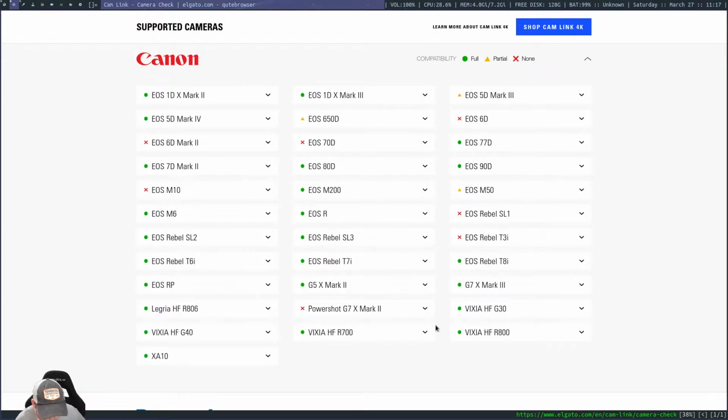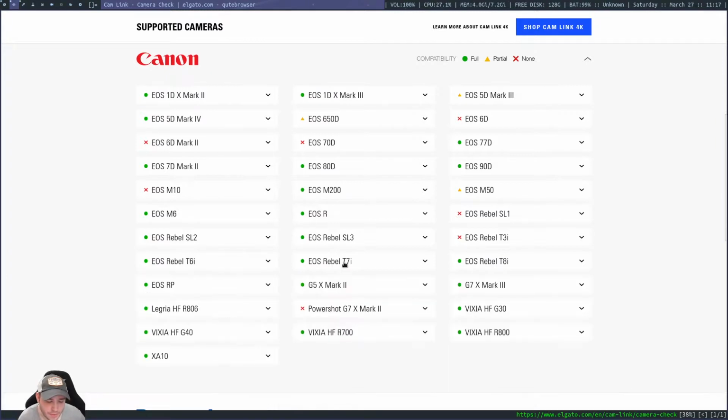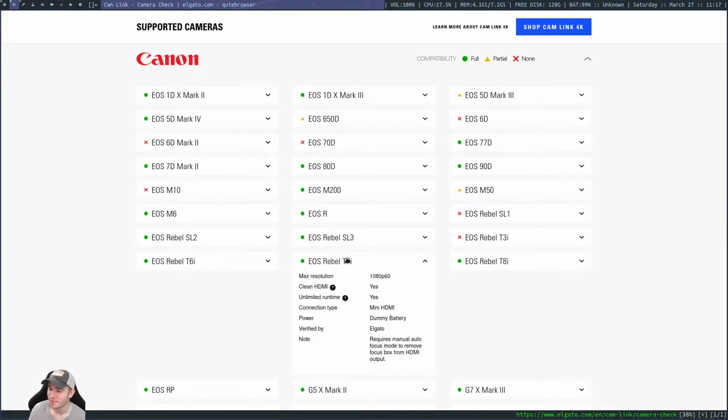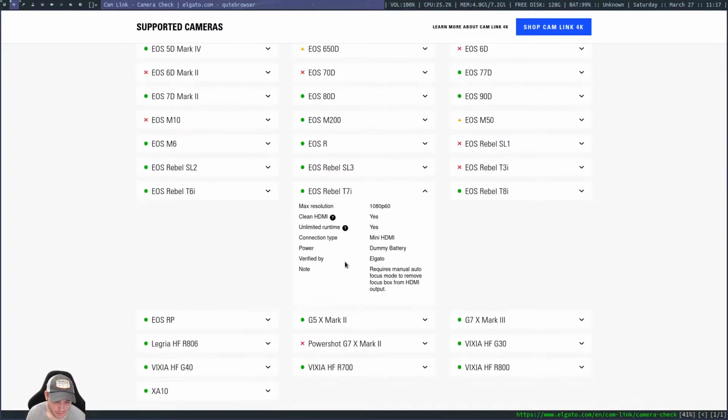And here you'll see on the supported list, where's the one that I got? I can't remember. T6i, no, oh, here it is, T7i. This is it. Okay, so I went into Best Buy to pick up a camera, and they had the EOS Rebel T7, and they had the M200.